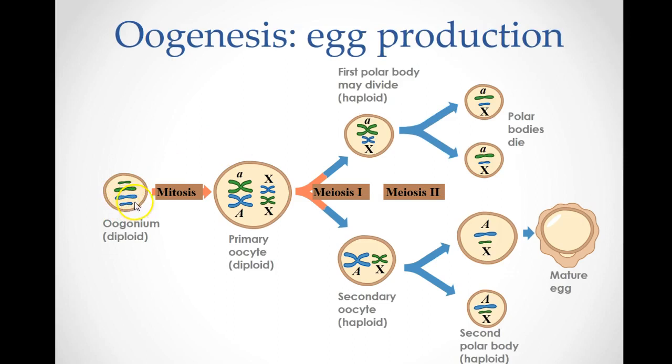In oogenesis, we have an oogonium which produces primary oocytes, and these primary oocytes will then divide and go through the process of meiosis, creating eggs. And as you can see, it's not exactly equal. In spermatogenesis, we had all these sperm cells constantly being created. In oogenesis, we go through this process and we only get one of these eggs. All of these other cells tend to be what are called polar bodies, and they end up dying off. And all we're left with is this one cell out of the process that's a mature egg.